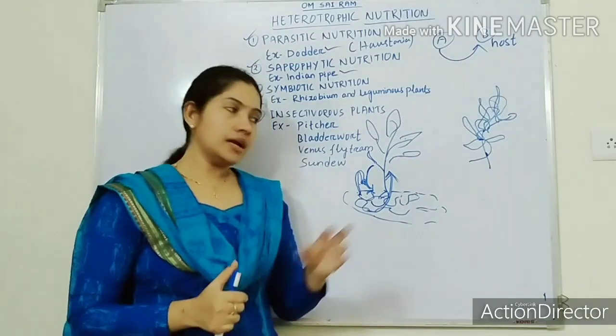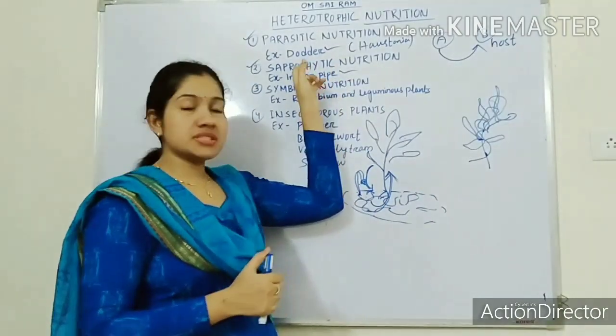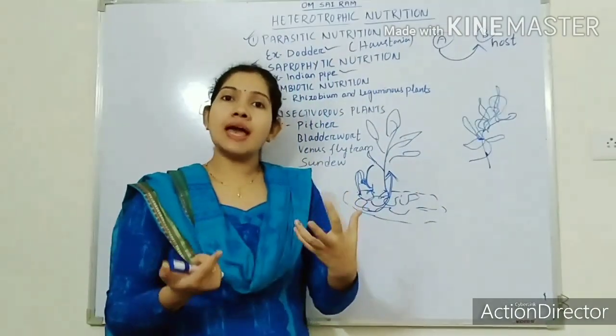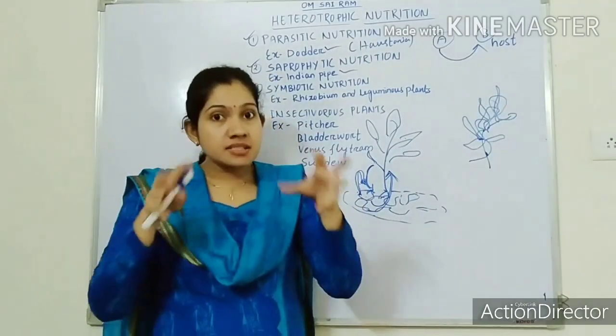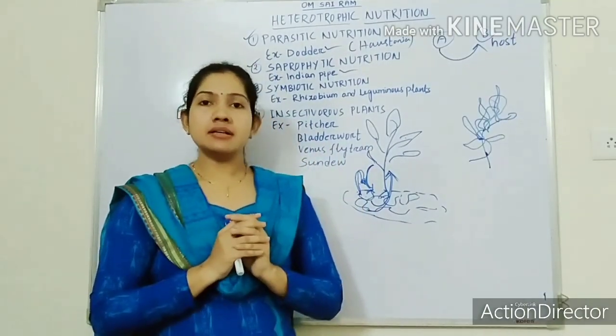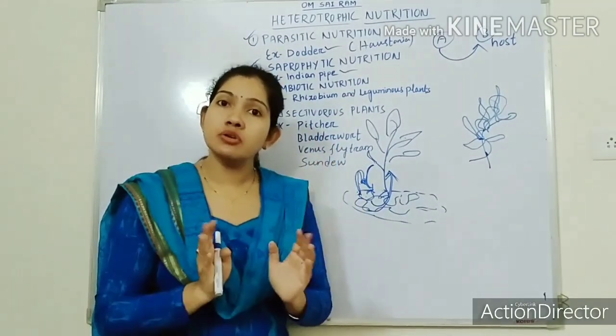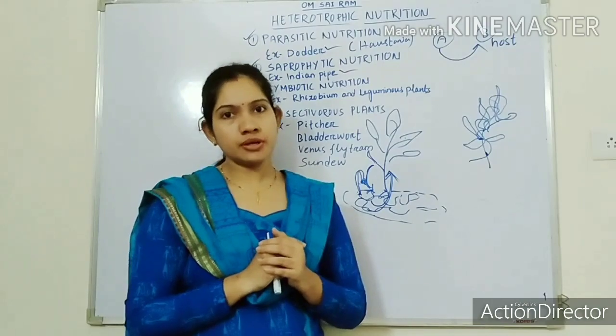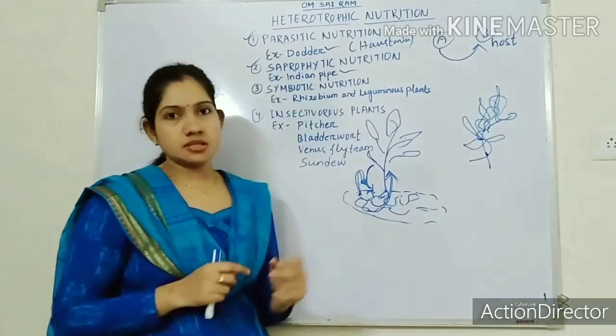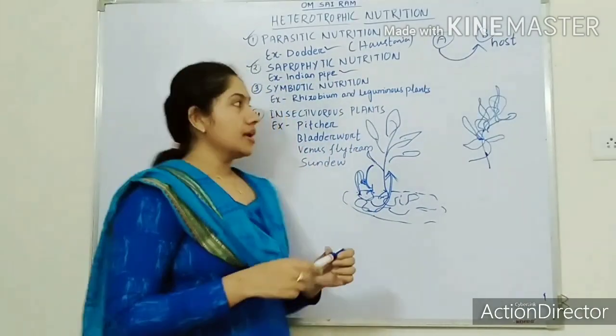Okay, and these saprophytic plants also help in cleaning the environment as they feed on the dead matter. We have discussed that they play a very important role in cleaning the environment also. Okay, so here we have discussed the example of Indian pipe. Next,